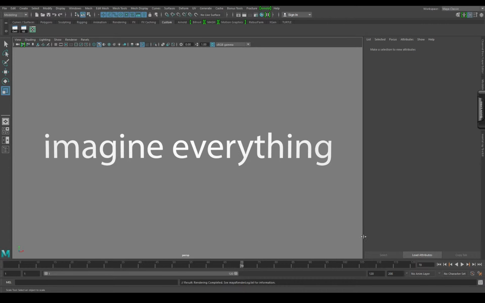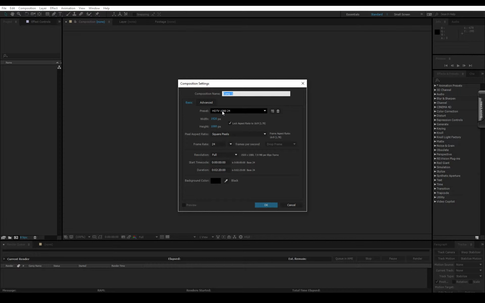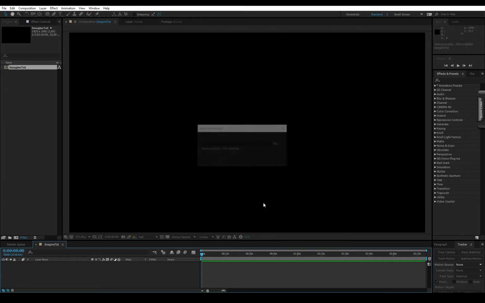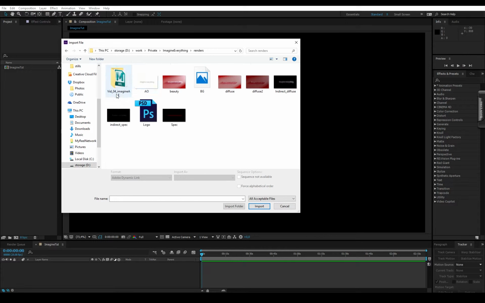Wow, okay. So from there, we're going to jump into After Effects, and I'm going to say new composition, which is down here. I'm going to call this Imagine Tut. 24 frames, we're all good. Okay, let's change this to 25 frames, and hit OK. Boom. Now I'm going to file, import file, and I'm going to go get my renders